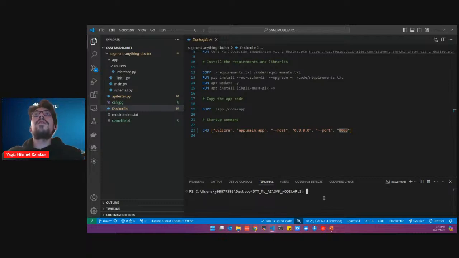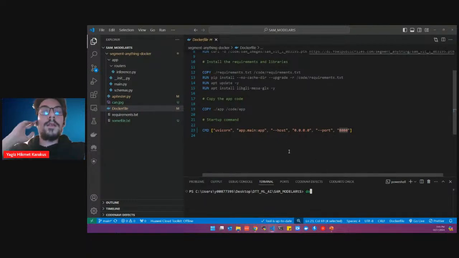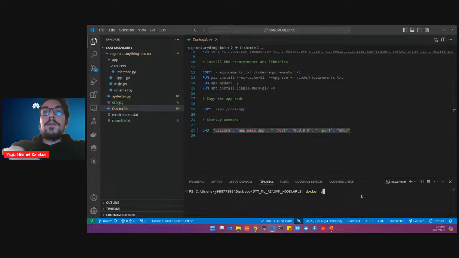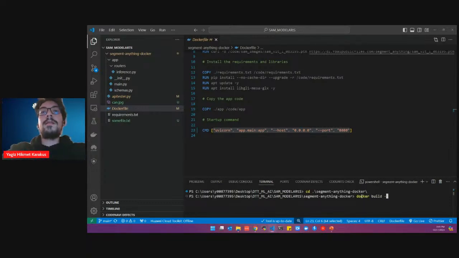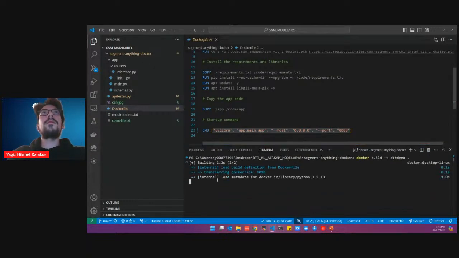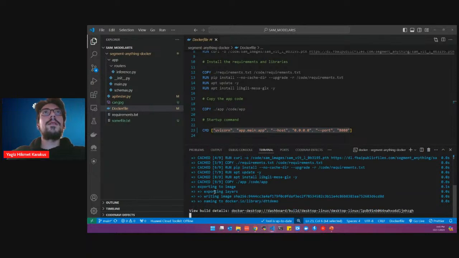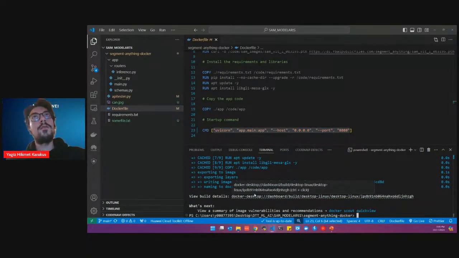So first, we need to build our Docker image with the created Docker file, and please don't forget to run your application at the end of your Docker file. So let's say Docker build. Let's give a tag called DTT demo. And we want to build in this directory. As you can see, our building process started and finished because it's loaded from cache, and I already built